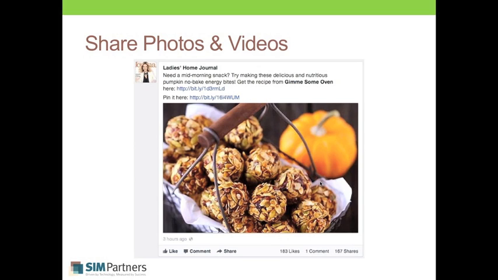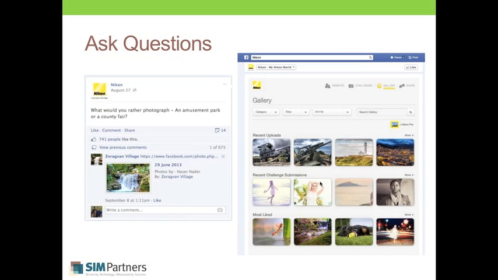Really big is sharing photos and videos, and this one you hear a lot in terms of just general Facebook tips, but it can't be said enough. Photos and images go a long way. A lot of times people don't have much time to engage on Facebook, so it's very easy for them to see an image and be like, wow, that's great, and they can like it or post a comment really quickly. So I can't stress it enough. Find good images, relevant images, images that represent what you do, but they might also be whimsical or just things that your audience will like.